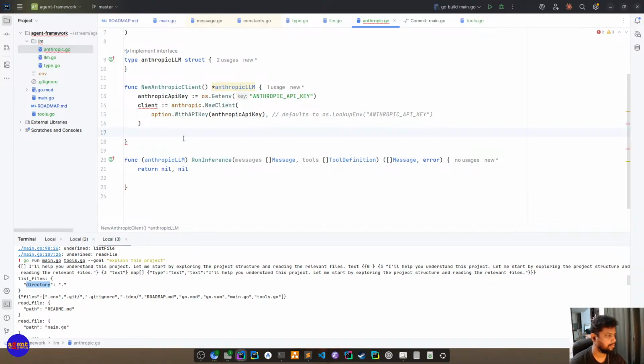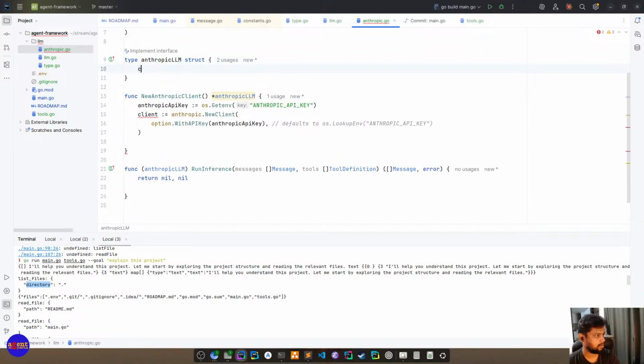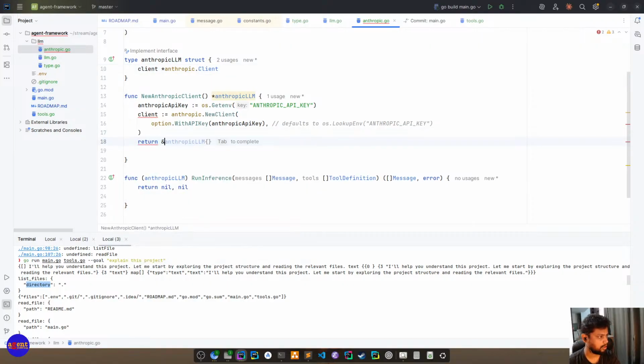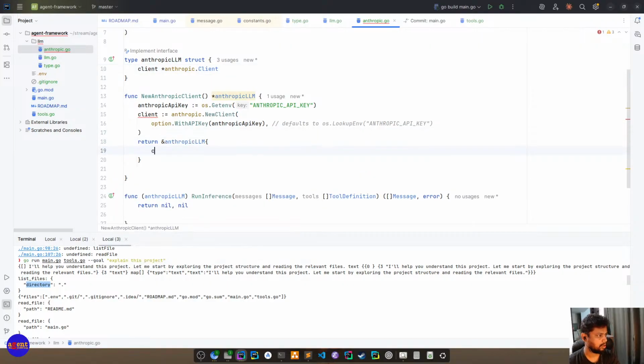Okay, right. So we have the client, topic client, we return client. This is the client here. What does it return? It's not a pointer.